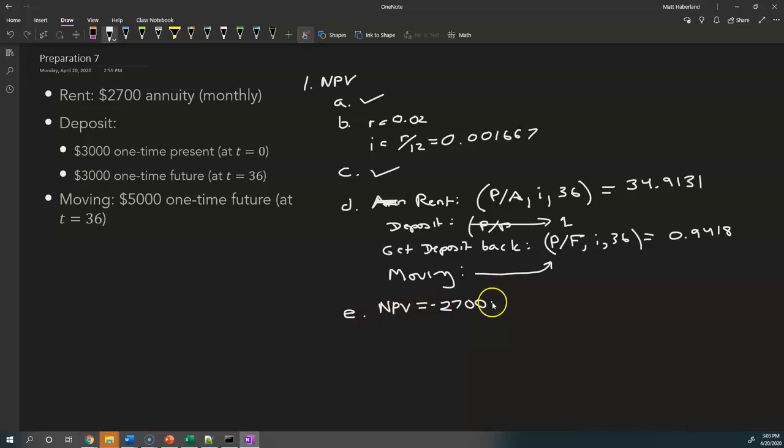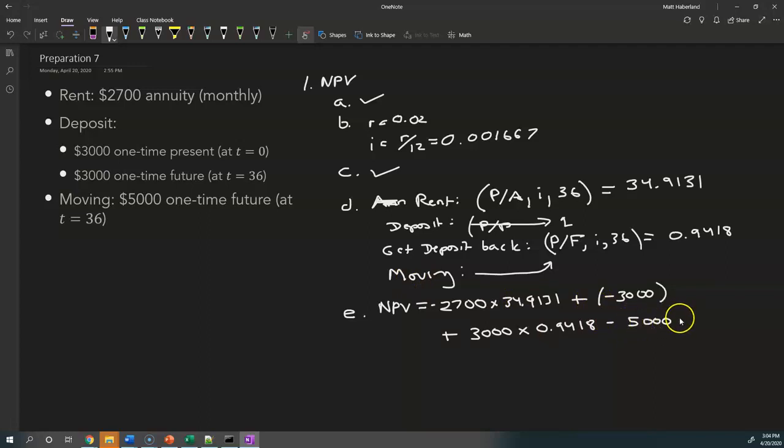Multiply that by our discount factor of 34.9131, and we're going to add our deposit amount to that, which is a negative $3,000. The discount factor is 1. We don't have to show that. We're going to add this getting deposit back. We've got plus $3,000 multiplied by 0.9418. It's not as valuable getting our money back in the future because we've lost out on some interest. And moving, we're going to have to pay a certain amount, so we can subtract $5,000, but that's in the future,